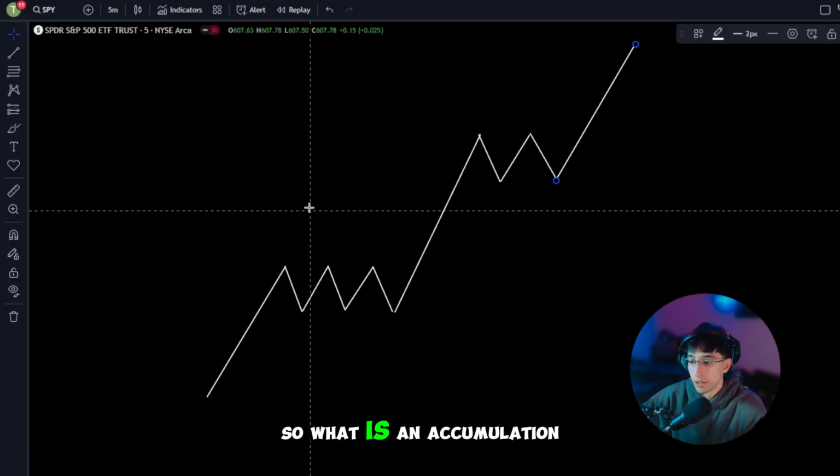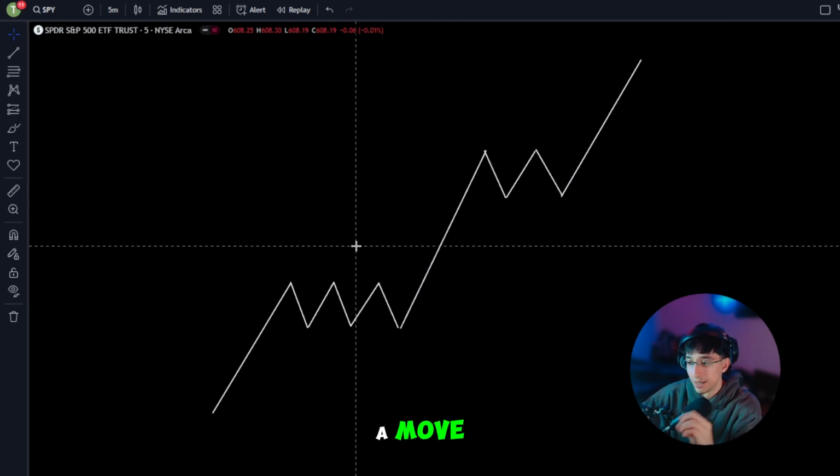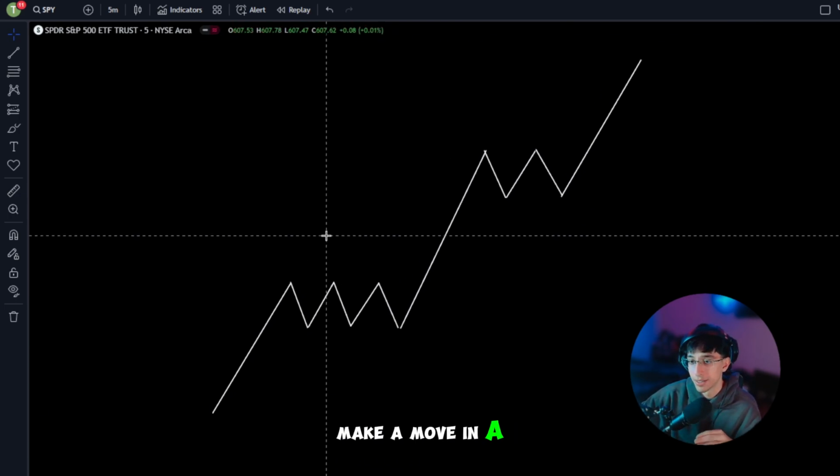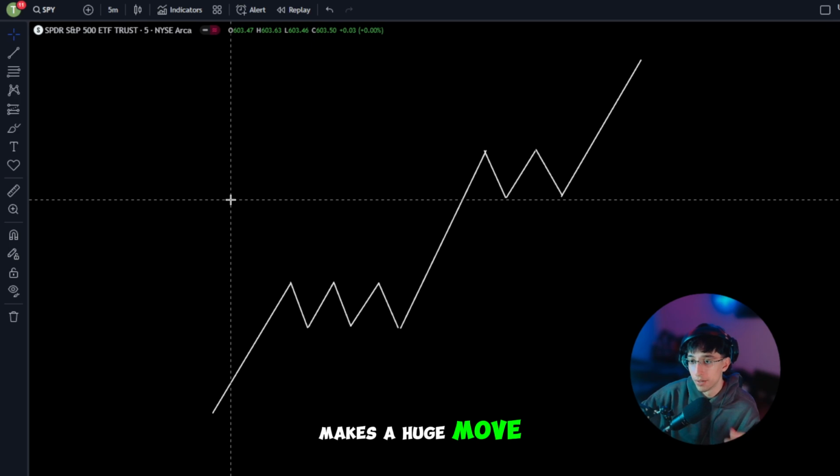In my experience, this strategy works best during an accumulation phase of a stock. So what is an accumulation phase? Whenever a stock is making a move, it is not going to make a move in a simple, clean upwards direction. Accumulation happens when a stock makes a huge move. The stock needs to consolidate at a certain range or price before it makes a move to the upside or